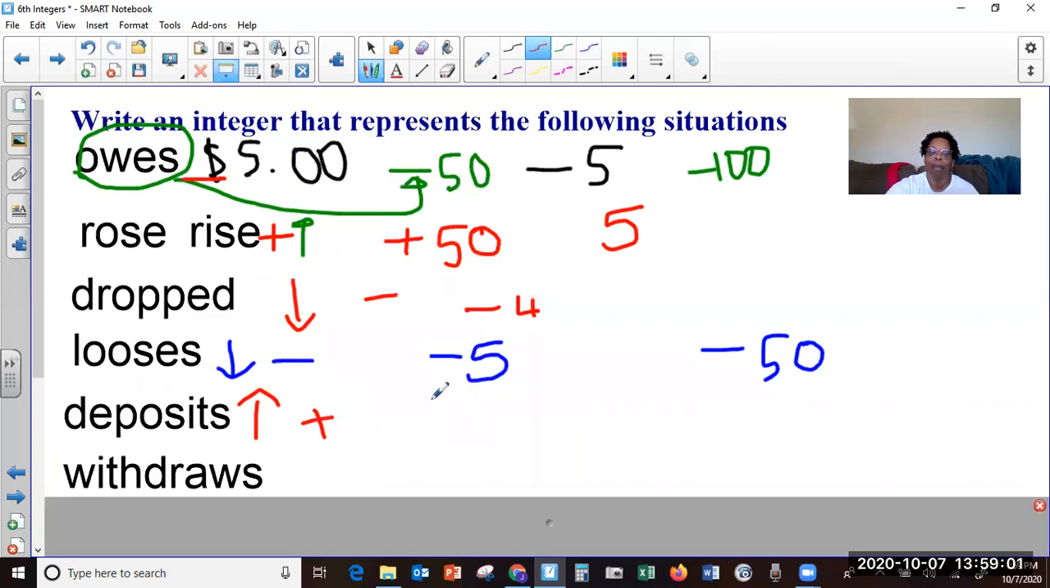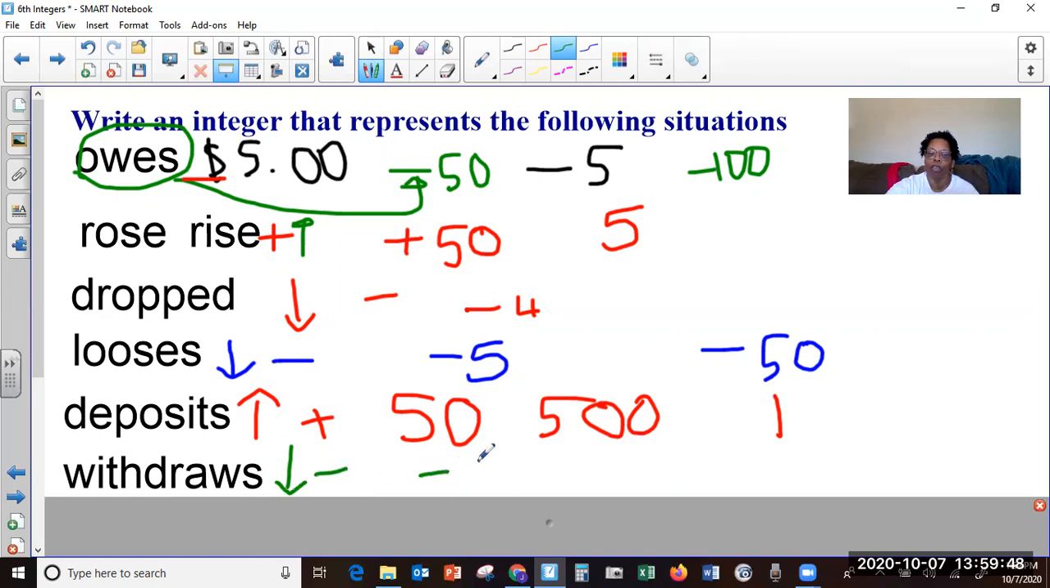So if I deposit $50 in the bank, I'm going to show it like this. If I deposit $500 in the bank, I'm going to show it like this. If I deposit $1 in the bank, every penny counts. It's going to show like this, a +1. And remember, we don't need to write the positive. It's understood that it's positive. How about withdraw? If positive is going up and it's positive, what do you think withdraw is? Grandma goes to the bank and she withdraws $50 to take you to McDonald's. Yes, she took it out of the bank, so now it's not there anymore. So her money went down, so that's negative. So if I withdraw $50, it's going to be represented. You have to use